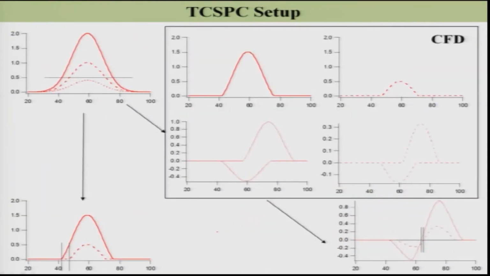The CFD is an electronic device by which I can reduce this difference in time to a smaller value. It cannot be 0, but it can be reduced significantly. So, I have done a simple thing to show you the function of the CFD. In the CFD, after this threshold, I got the two pulses, one arrival time is here, the second arrival time is over here. So, let us take this first one, the bigger pulse, the number 1,